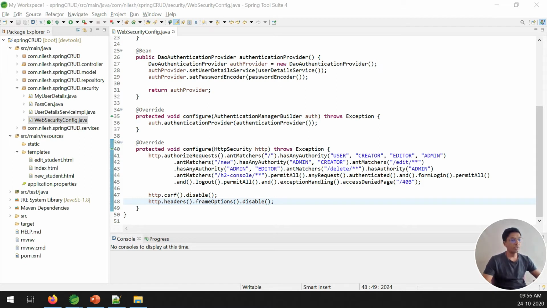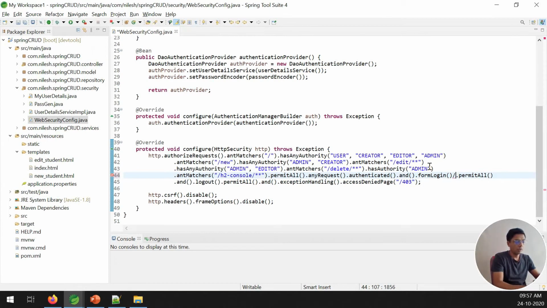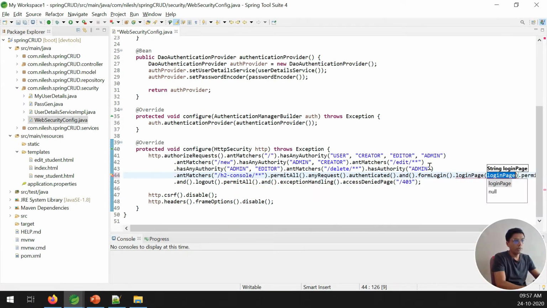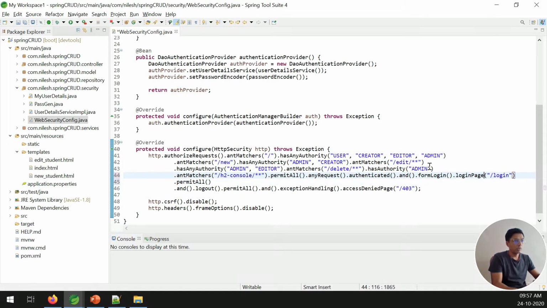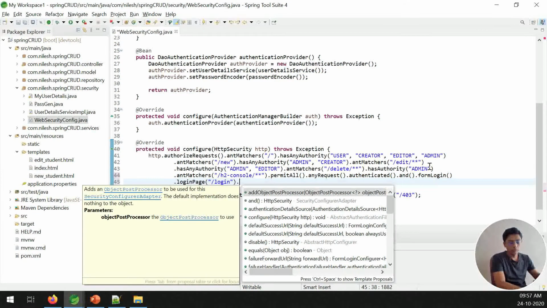So let's start with this example. For that, I have to make changes in the WebSecurityConfig.java file. So formLogin, and after that I have to put the action name, then loginPage. So I want to put /login. After that, I want to use my own login ID and password.